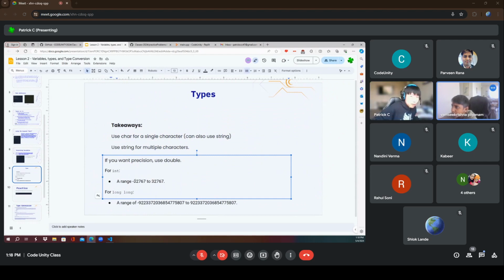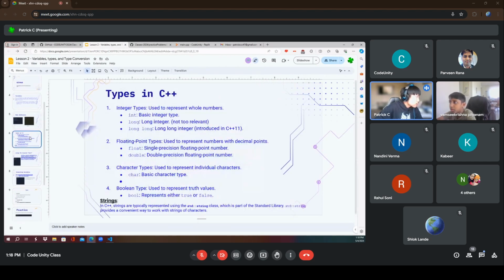If your number is in this range, you can use int. If it's within this range, which is pretty big, so I doubt you're going to have a number bigger than that, you're going to use long. The reason for this is that int can only store a specific number. It only has a specific size of memory available to it. So if you try to store a bigger number, it's not going to work. You're going to have to use something like long.